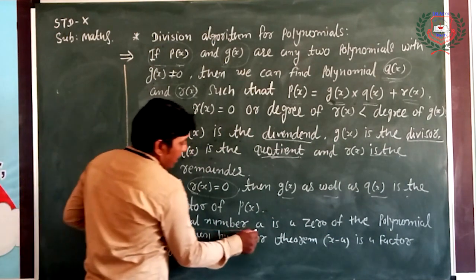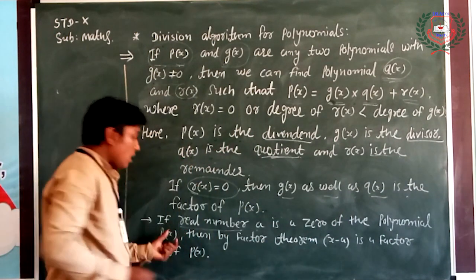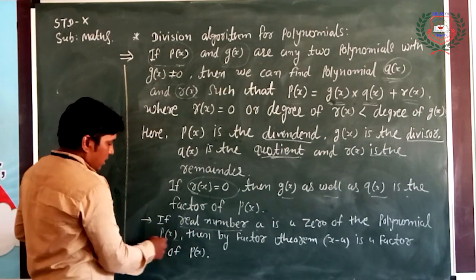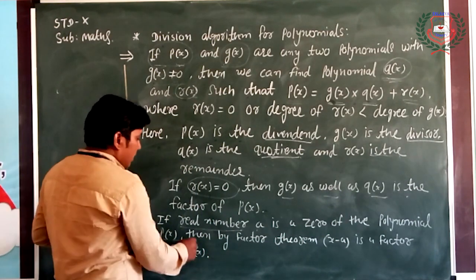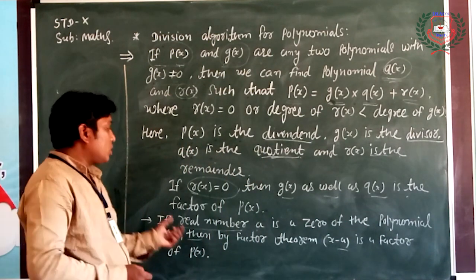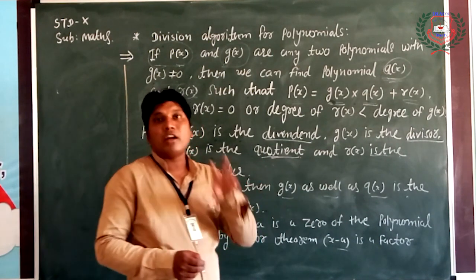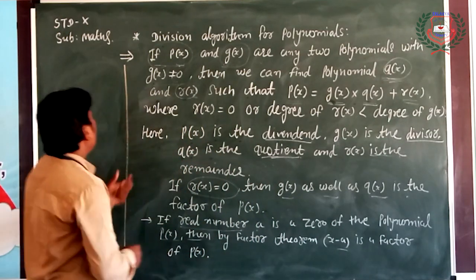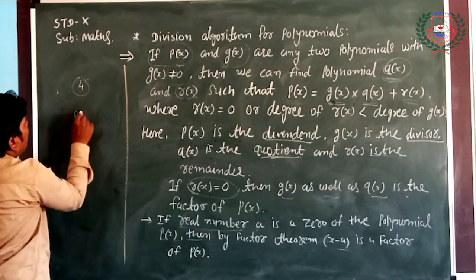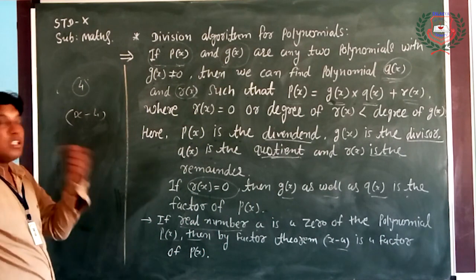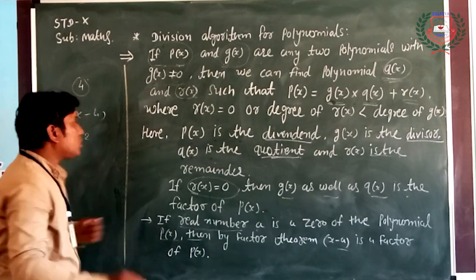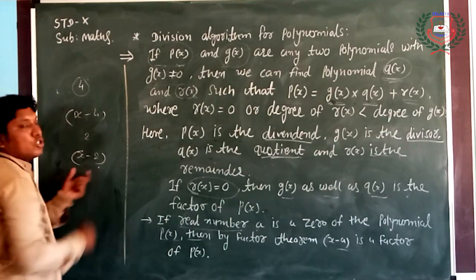If a real number a is a zero of the polynomial p of x, then by the factor theorem, x minus a is a factor of p of x. उसका मतलब ये हुआ कि ये किसी भी नंबर का फैक्टर है। तो सपोज करो किसी पॉलिनोमियल का जीरो 4 है, तो उसका फैक्टर क्या होगा? x माइनस 4 होगा। सपोज करो किसी पॉलिनोमियल का जीरो 2 है, तो उसका फैक्टर x माइनस 2 होगा।